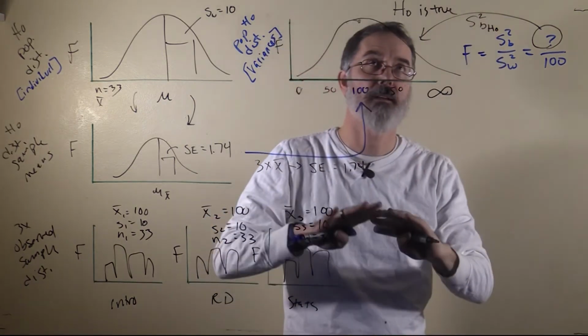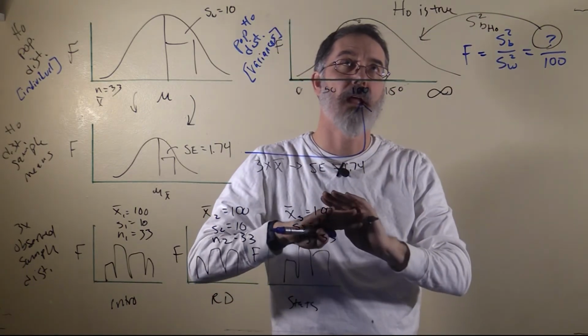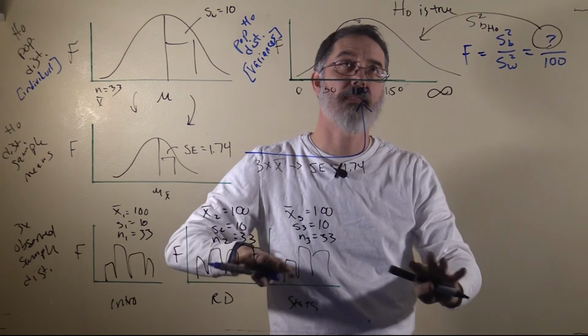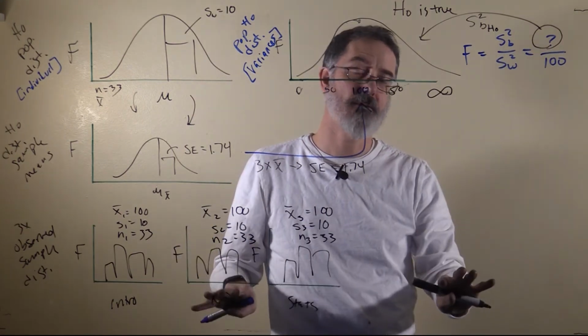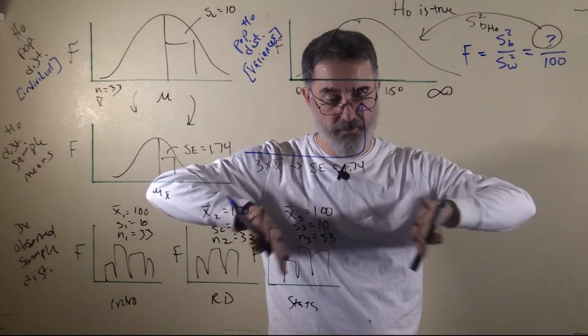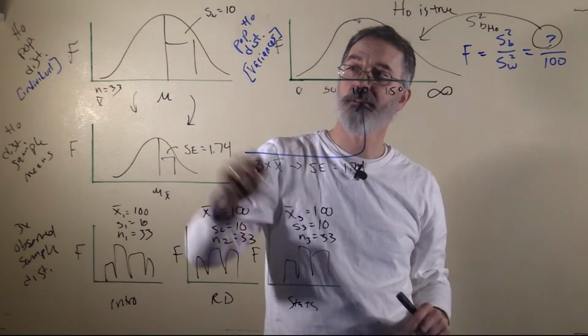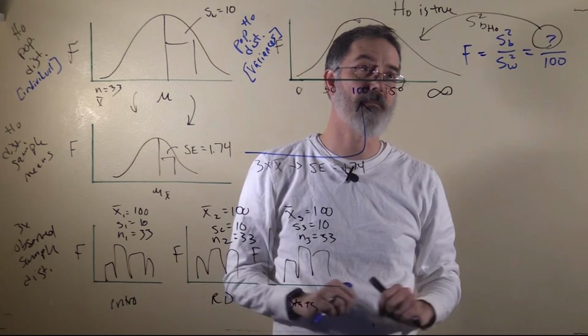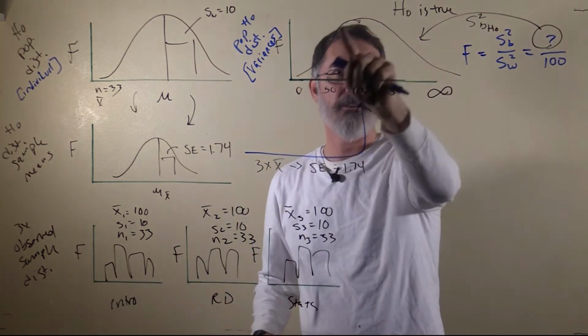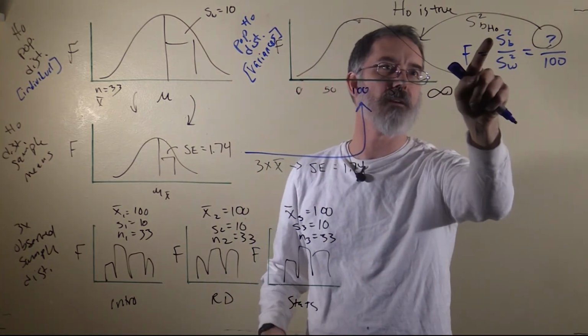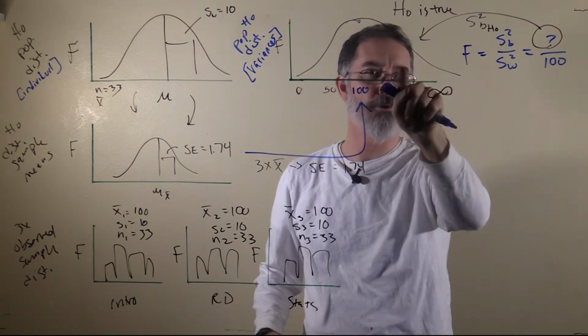And remember when we did the Z distribution and the T distribution, right? That's again the distribution if the null hypothesis is true, and we're hoping to find an observed sample that's so extreme, so unlikely, that we'll reject the null hypothesis and decide that population is not where our sample came from. All right, so now we have a distribution of expected variances between groups if the null hypothesis is true,